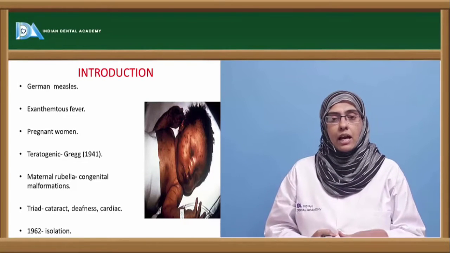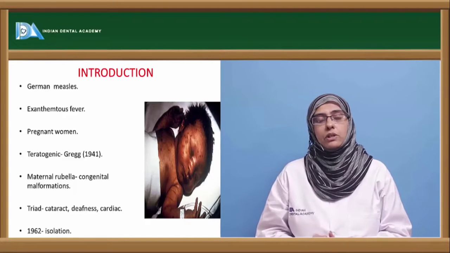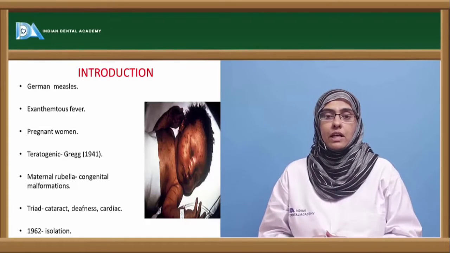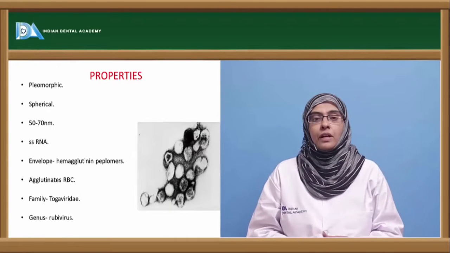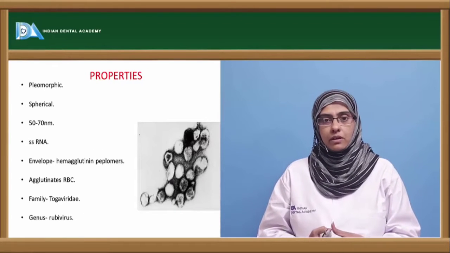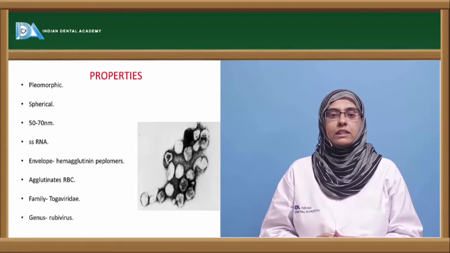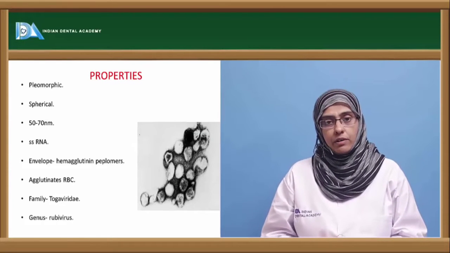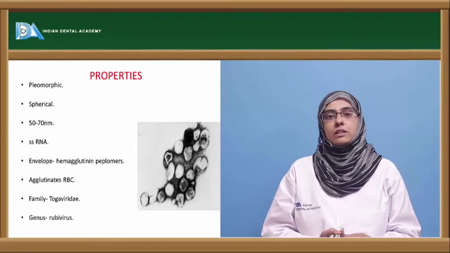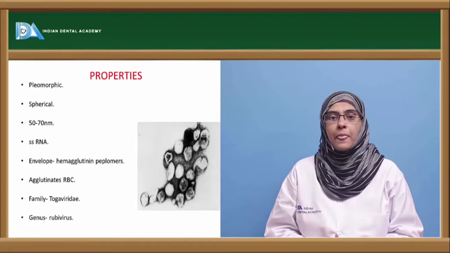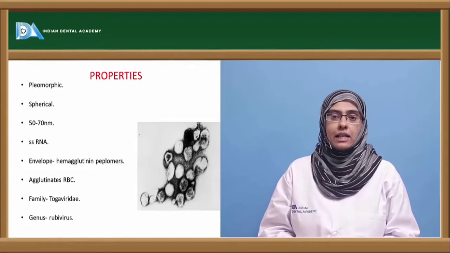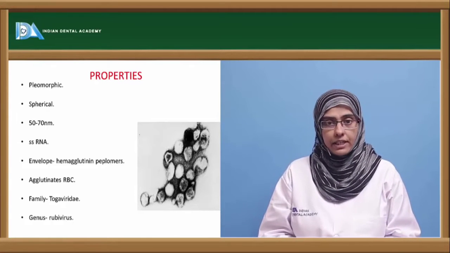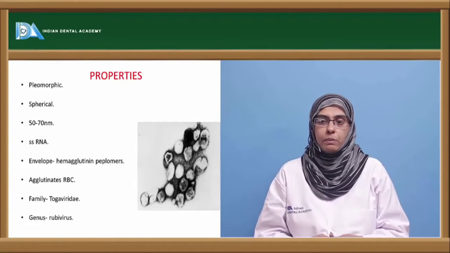And more knowledge about this particular disease had to wait until the isolation of the organism in tissue culture in 1962. Coming to the properties of this virus, it is a viral disease. The virus is highly pleomorphic in nature, but sometimes it shows a spherical morphology measuring about 50 to 70 nanometers. It has a single stranded RNA as a genome, which is an enveloped virus having hemagglutinin spikes or peplomers,